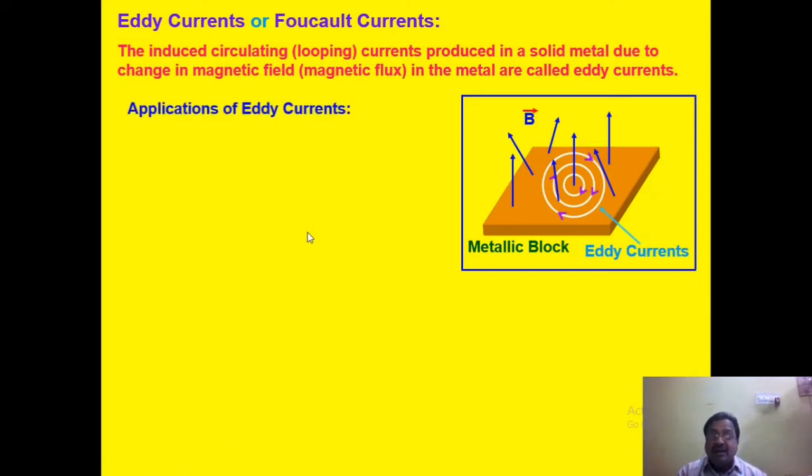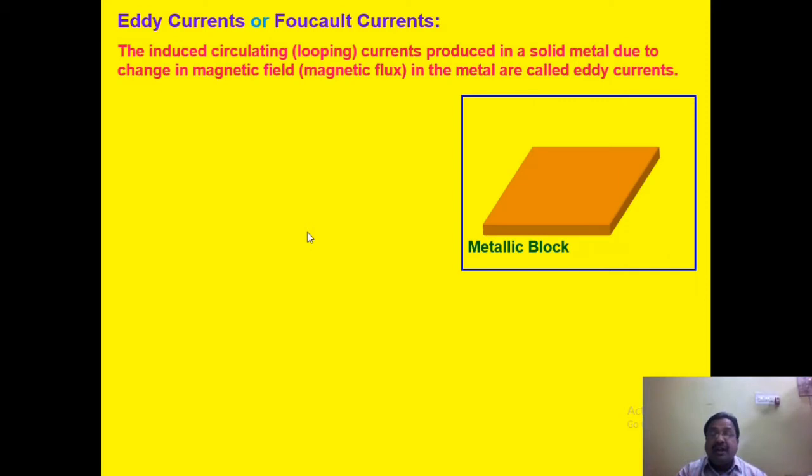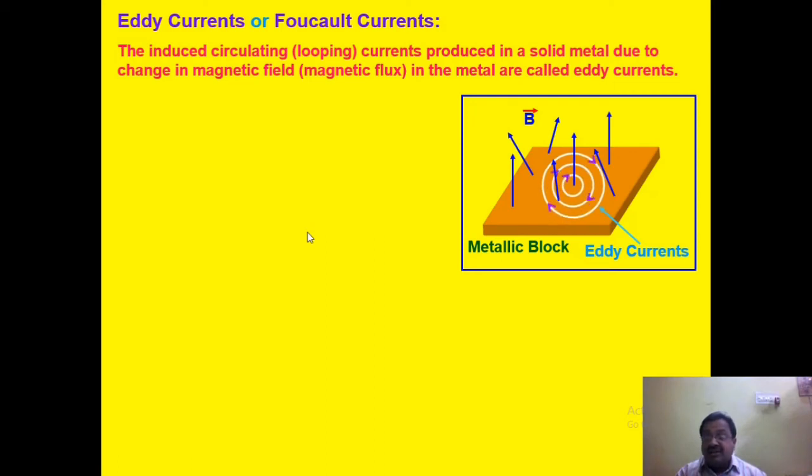These are eddy currents. Again here you see how the current is circulating. Just the current is circulating, that is the eddy currents. And you may observe this eddy current also if you take a cylinder, and that cylinder is rotated in a magnetic field. If that conducting cylinder is rotated in a magnetic field, then also current will flow in a closed circuit, or looping current will flow. That also we may call eddy current.